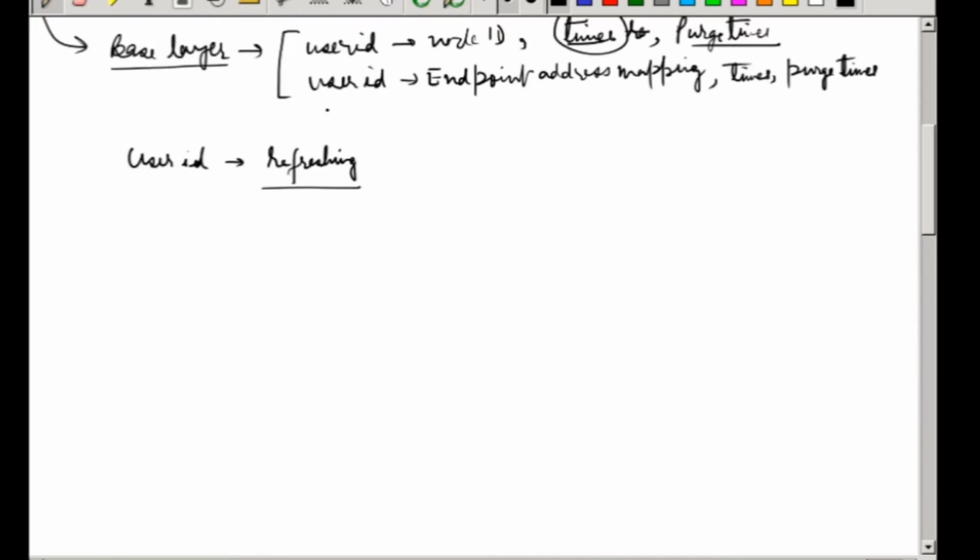If that guy is a leaf node, he will be publishing in the DHT network his user ID to endpoint address mapping. So when I want to talk to him, I will search in the DHT for this user ID. This time I will not get a node ID, but I will get an endpoint address. And then I can directly communicate with him and do the voice communication with the other endpoint. Okay. So now what will be the other kind of DHT? One very important thing is that voice over IP is a service which normally does not require a separate DHT. This will be based purely on this base layer.